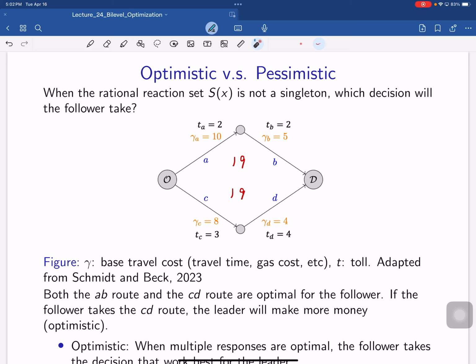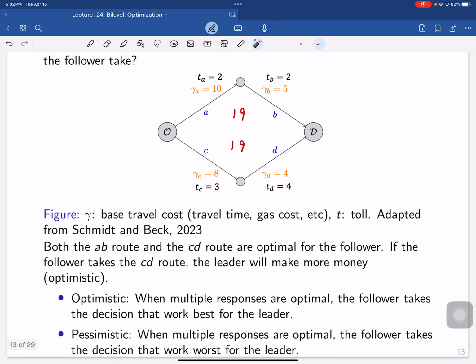But to align with the leader's objective, we assume that the follower will always choose route CD, because then the leader will make more money. So that is the so-called optimistic